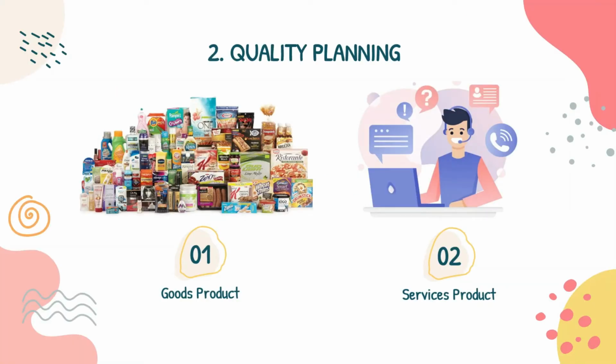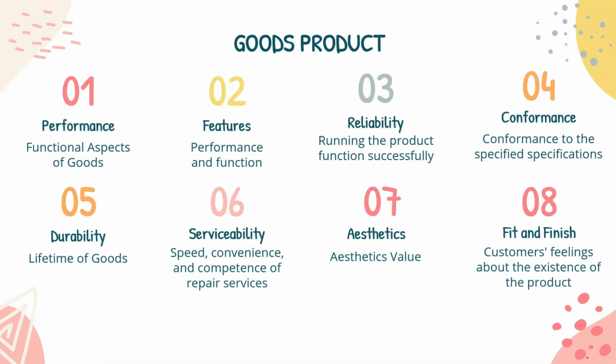And then the next thing that you really need to consider regarding the technical and technological aspect is your quality planning. We divide the products into two, which are good products and service products. When we're talking about good products, there are a lot of quality things that you need to consider. First is your performance, and then your features, your reliability, your conformance, your durability, your serviceability, aesthetics, and